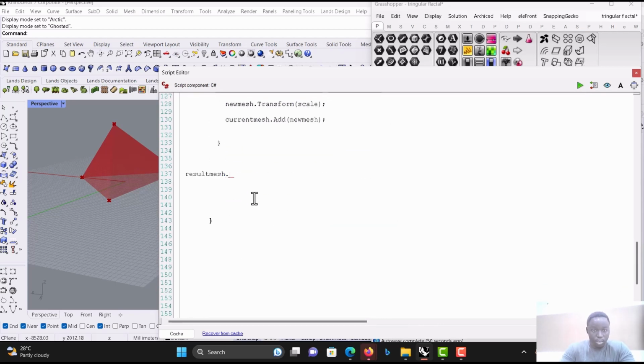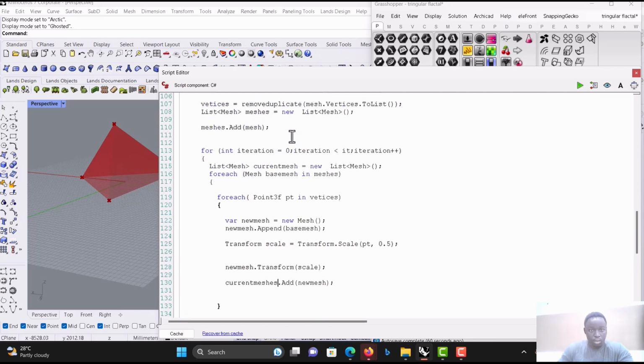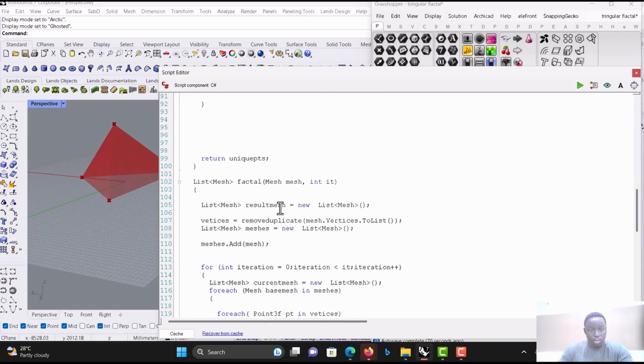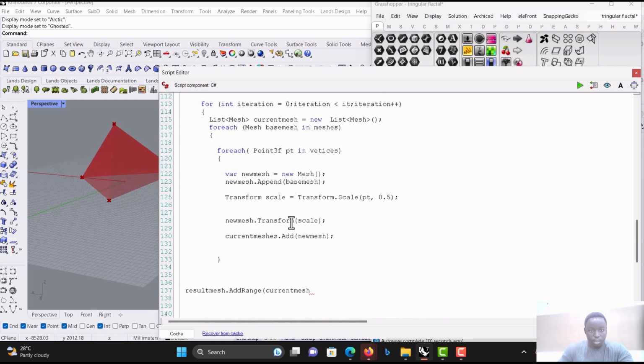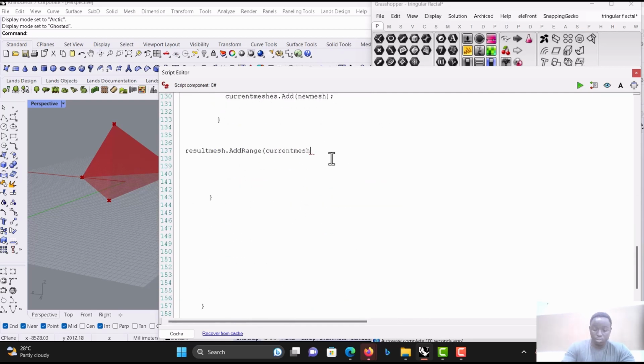So let's add it, and make sure it is add range, because it is a list. We're going to add current meshes, add S current meshes, so that are predefined clear. So close it. Then here